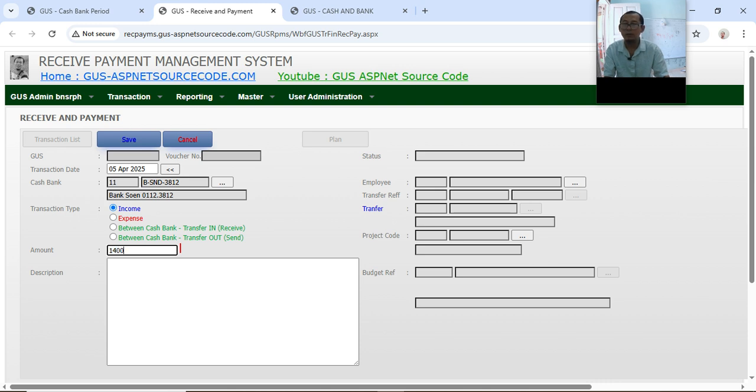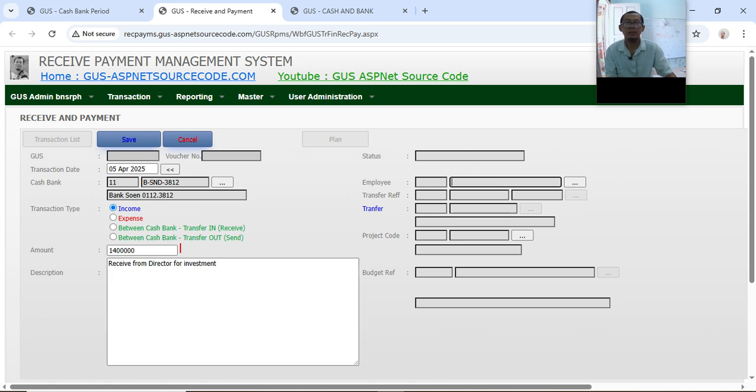Amount, for example, received for investment from the director.